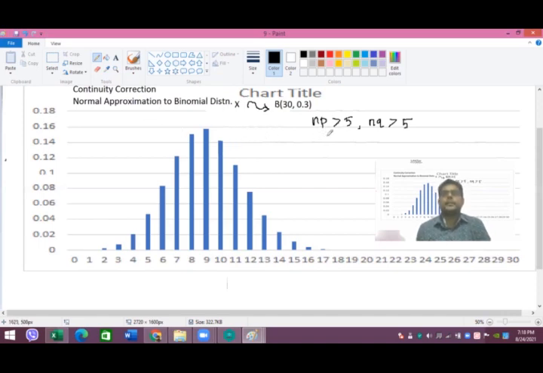So the condition is that n times p is bigger than 5 and n times q is bigger than 5. In some places you could also see that for an even better approximation, n times q should be bigger than 10 and n times p should also be bigger than 10, but here we rely on the situation that we have seen in the previous bar graphs. Now, in the normal approximation to the binomial distribution, we make some continuity correction, because the binomial distribution is not continuous.